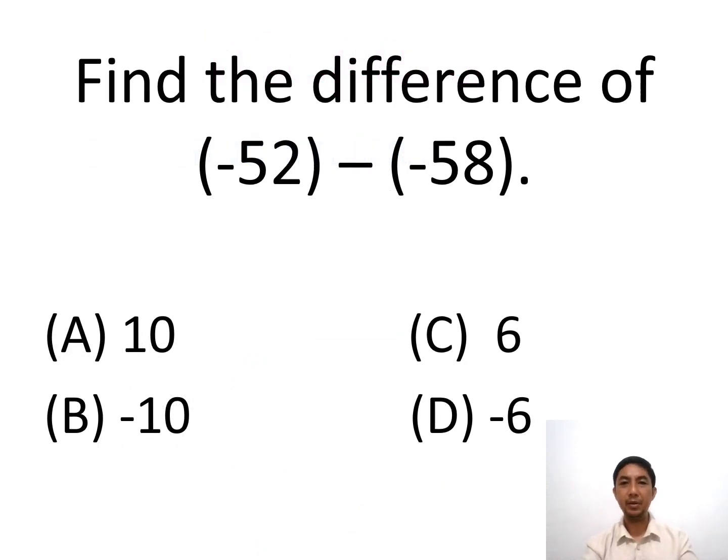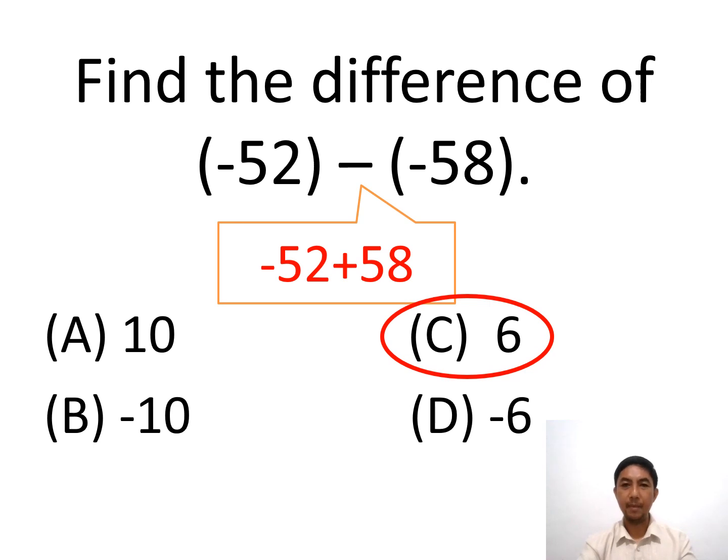Find the difference of negative 52 minus negative 58. Timer starts now. Okay, time. The correct answer is